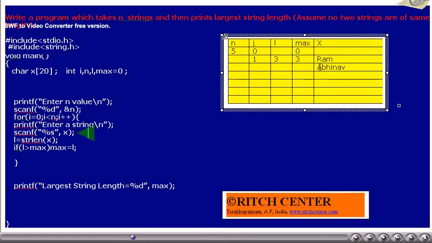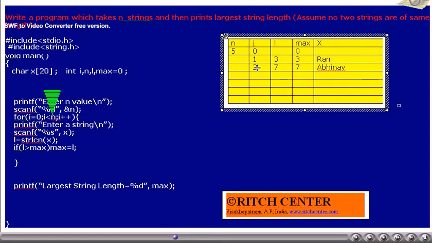Thus x value becomes Abhinav. l is equal to strlen(x) is executed. Thus l value becomes 7. Is l greater than max? That is, 7 greater than 3? Yes. Thus max becomes 7. i value will be incremented by 1.